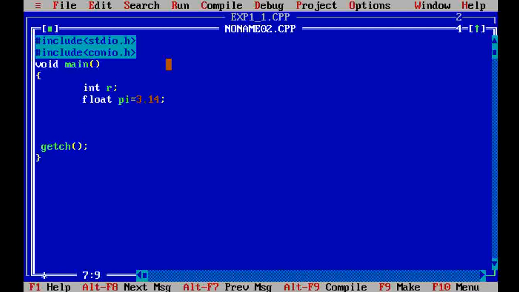Then we need to declare two output variables, that is area of sphere and second one volume, so we use variables here. Now we display a message: enter the radius of sphere,